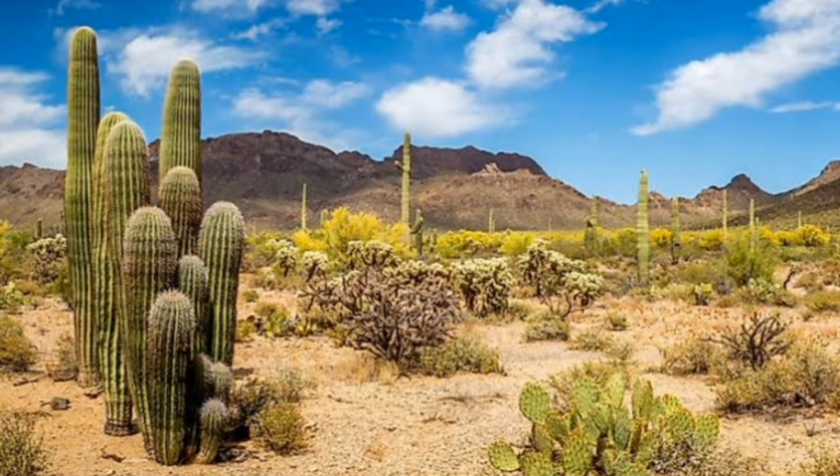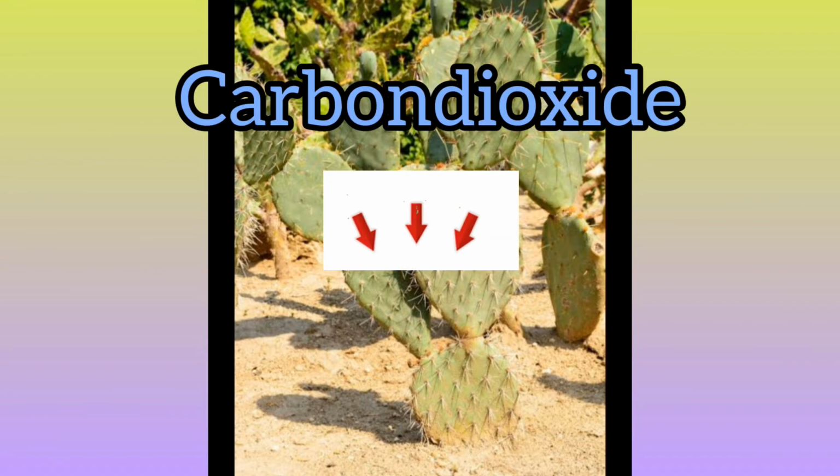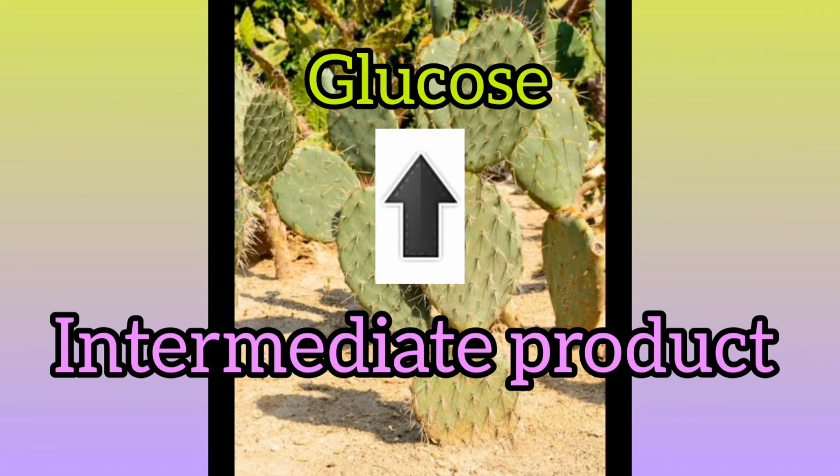They prepare an intermediate product which is acted upon by the sunlight absorbed during the day. This means they convert carbon dioxide to an intermediate product. This intermediate product is converted to the carbohydrate glucose in the daytime only with the help of the light energy